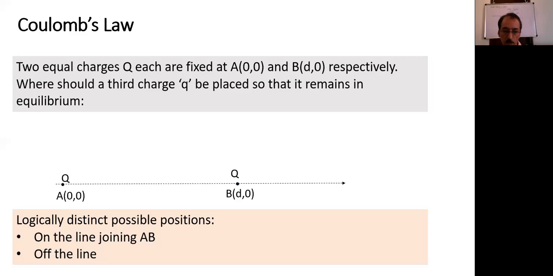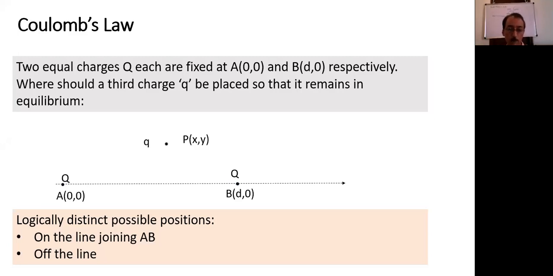Other than infinity, any point other than line AB. Is it possible to place it somewhere other than AB and still have the net force be 0? I'm just ruling out all possible options. See, D by 2 is the correct answer. Intuitively we sometimes feel it will be midway. But I want to make sure that no other point is possible other than infinity. How do I check that?